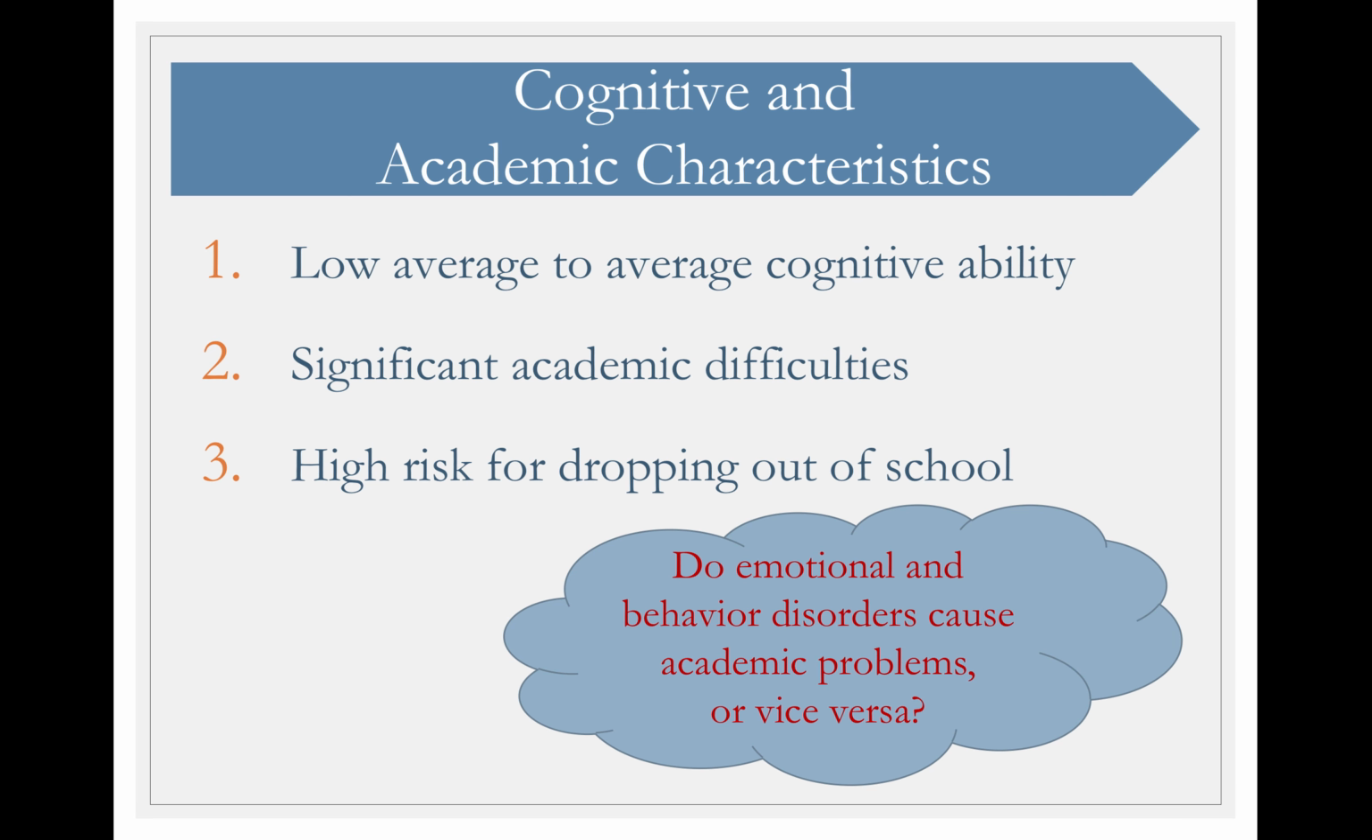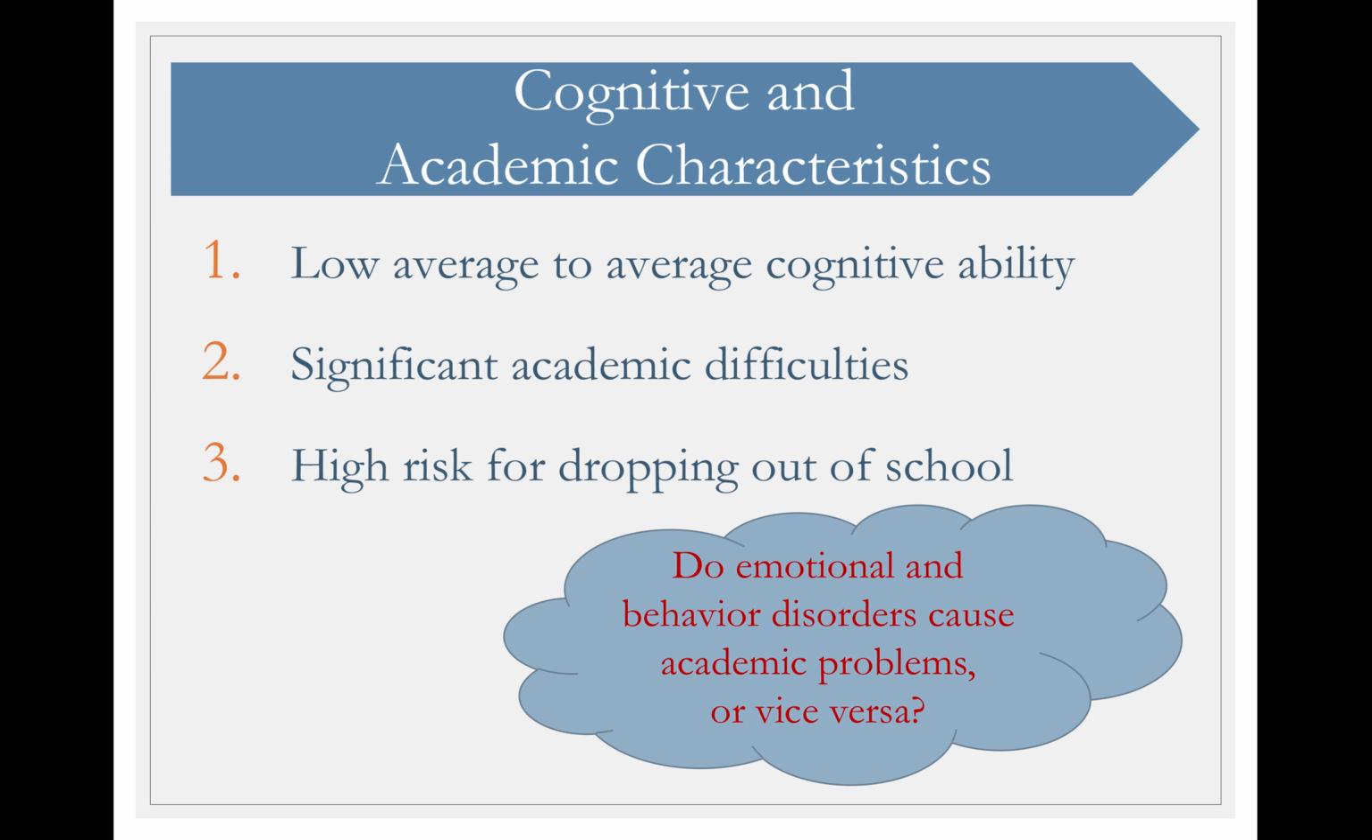When we talk about cognitive and academic characteristics, many of these children have low average to average cognitive ability. So they could be average, but because the behavior problems so much impact school, they have difficulties with academics. So significant academic difficulties, and they are at a very high risk for dropping out. Just like any other disability, we have to ask the question: does their emotional and behavior disorder cause academic problems,